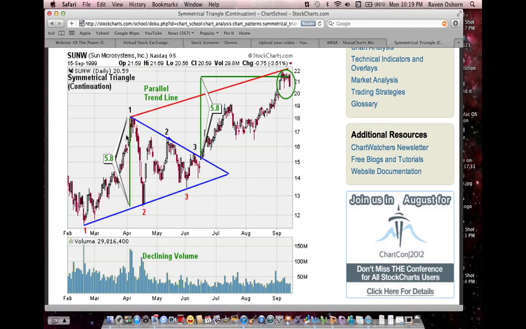SWNW. This is a great symmetrical pattern here. And right before I continue, one thing to remember is, like I said, the pattern can turn upside or downside, and I'm going to give you hints in a second of how to look for that before the breakout occurs. So, coming down here, as you can see, the base of the triangle is 5.8, and the next time you should probably sell out is when it forms another